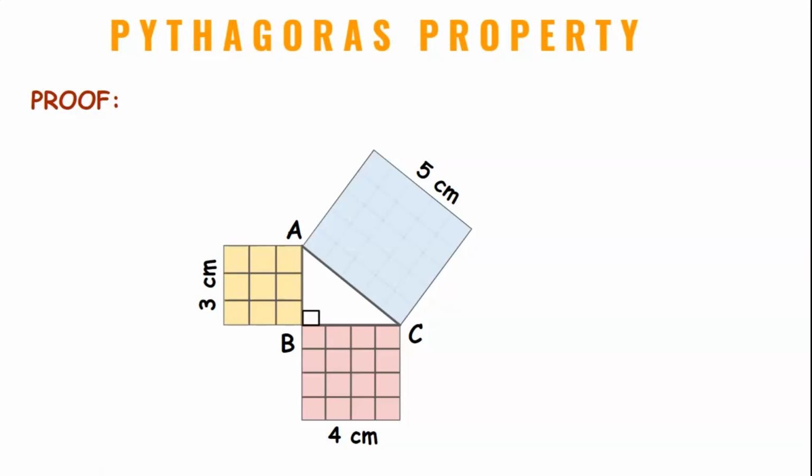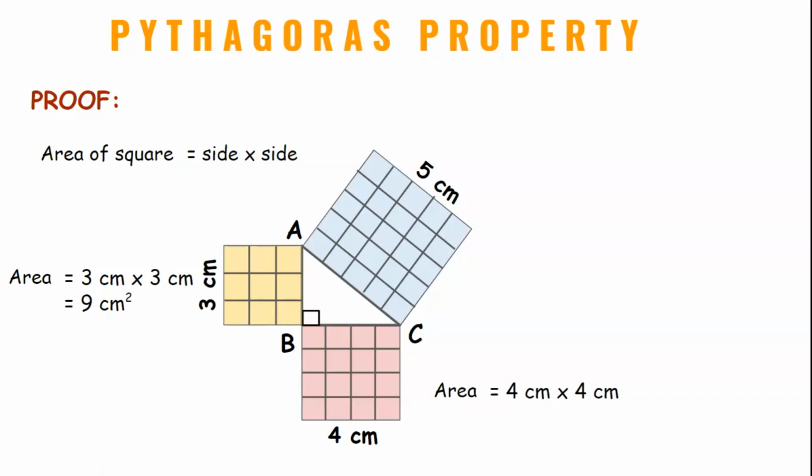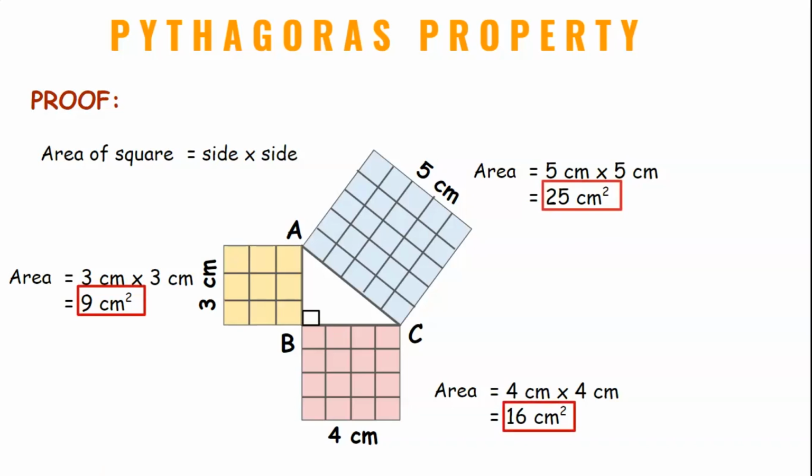As we know, the formula for the area of a square is side into side. The area of this square will be 3 cm into 3 cm, as each side is 3 cm, which is 9 cm square. And the area of this square will be 4 cm into 4 cm, which is equal to 16 cm square. Now the area of this square will be 5 cm into 5 cm, which is equal to 25 cm square. Now if we observe here, 9 cm square plus 16 cm square is equal to 25 cm